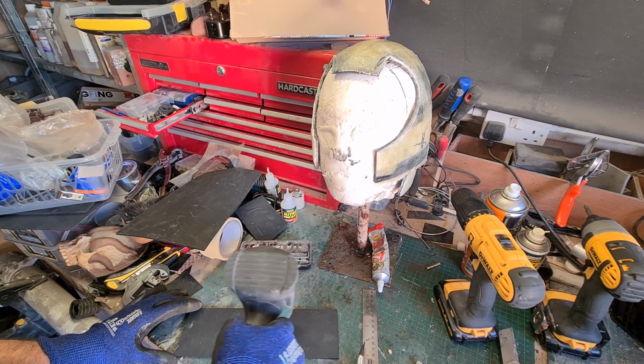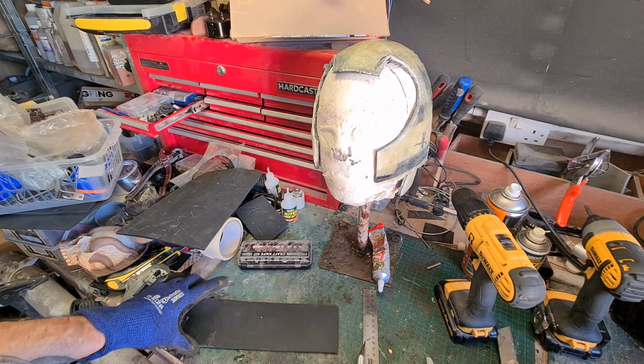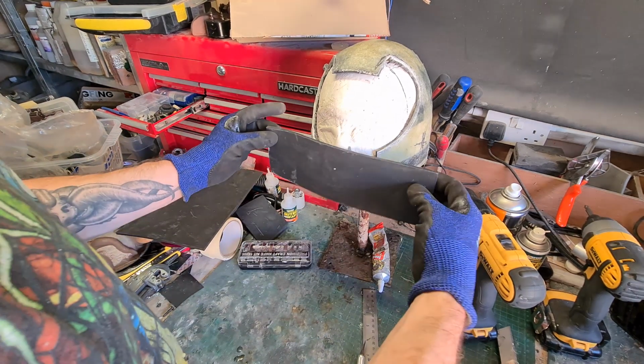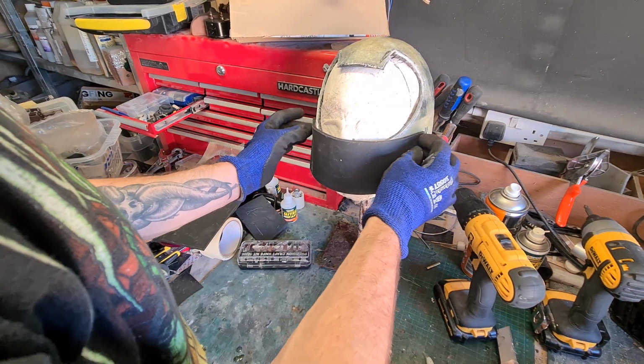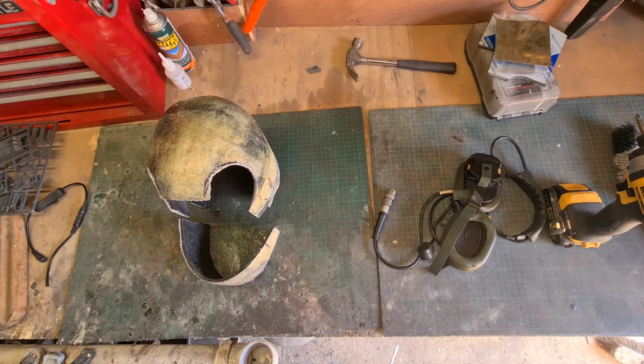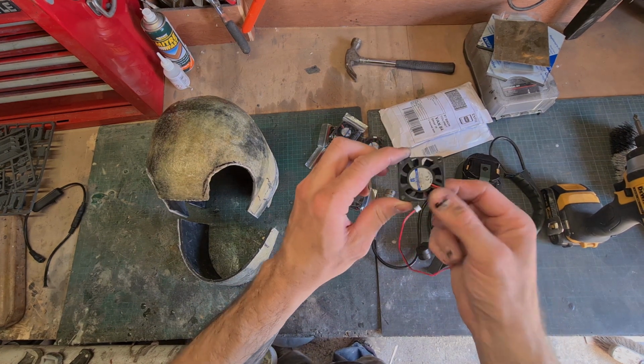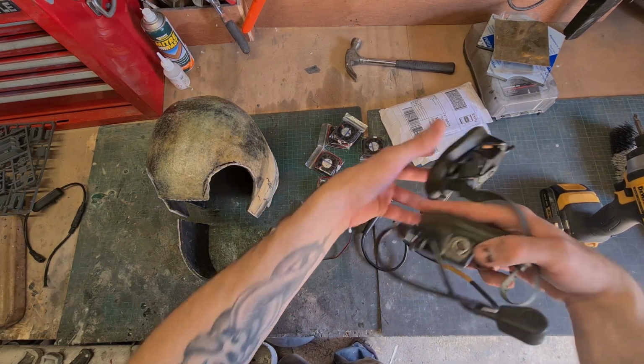So I also need to make a piece that will work for the lower half of the mask, and at the minute this is all just very rough. I'm using these as a basic structure to work against, essentially a framework. So once I have the shapes in place, I can then start adding bits to them to try and build the mask up. And the first part of that is to use these, which I've got off eBay, and these